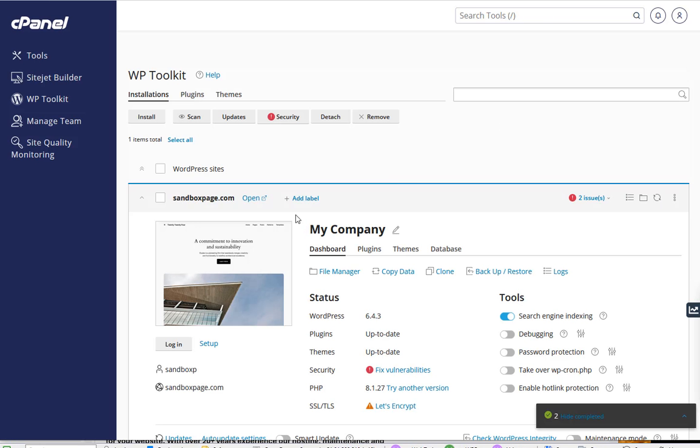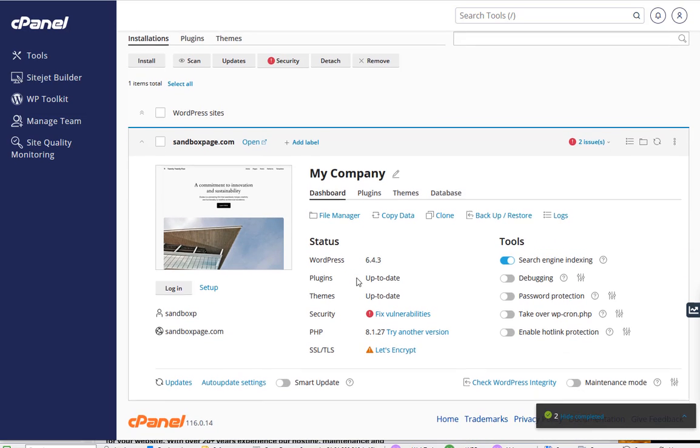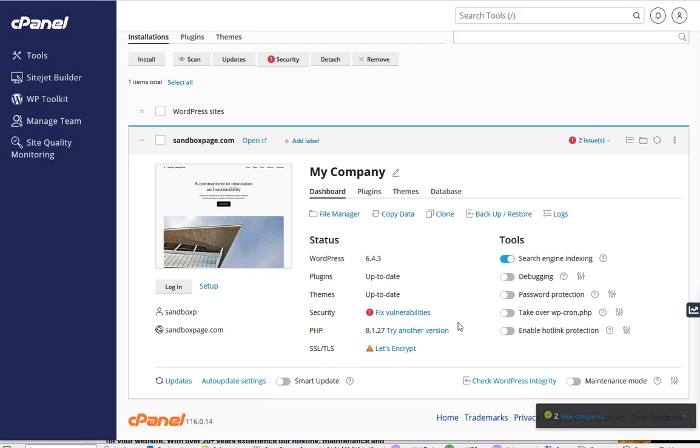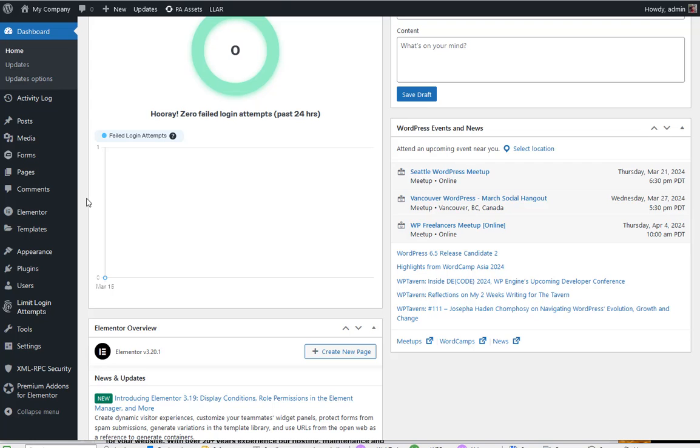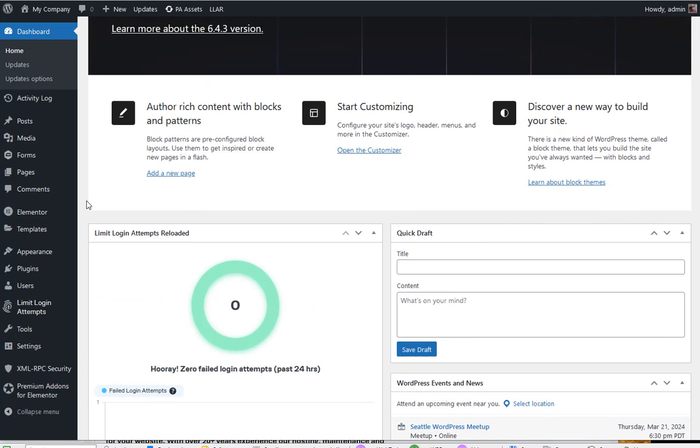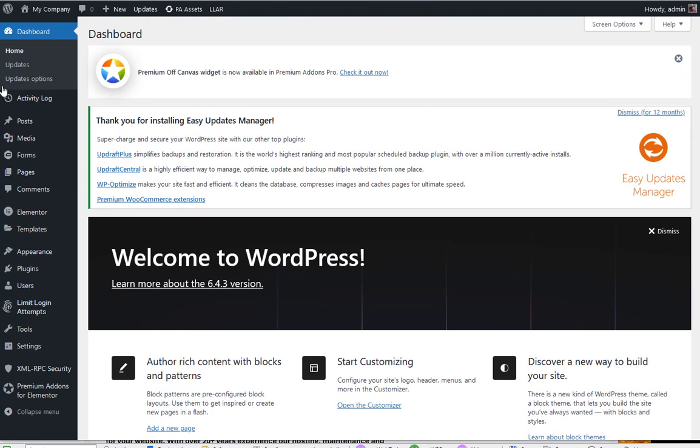Other things you can do, you can quickly and easily pop right into the administrative area. All you've got to do is click on this login button here, and it'll grab some credentials and log you right into your site. Really quick, easy, and boom, you're in there, and you can start setting up everything that you need to set up in your WordPress website. And that is all there is to installing WordPress